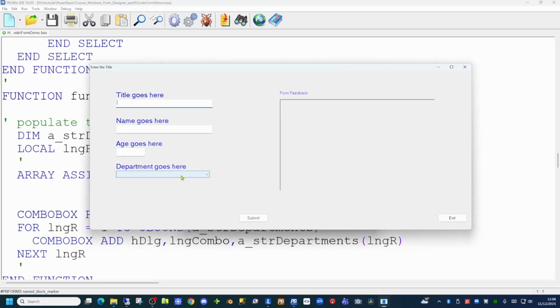And there is our department list. So we can pick facilities, but we cannot type in something other than what's on our list. The other thing to watch when we are designing applications using the Forms Designer is if we go to the